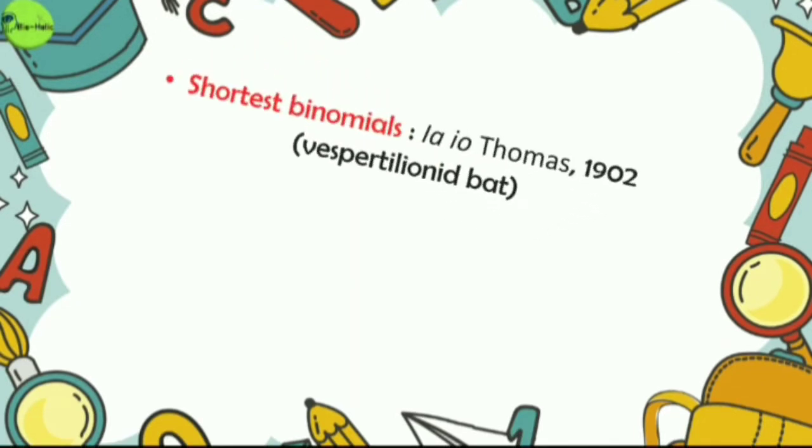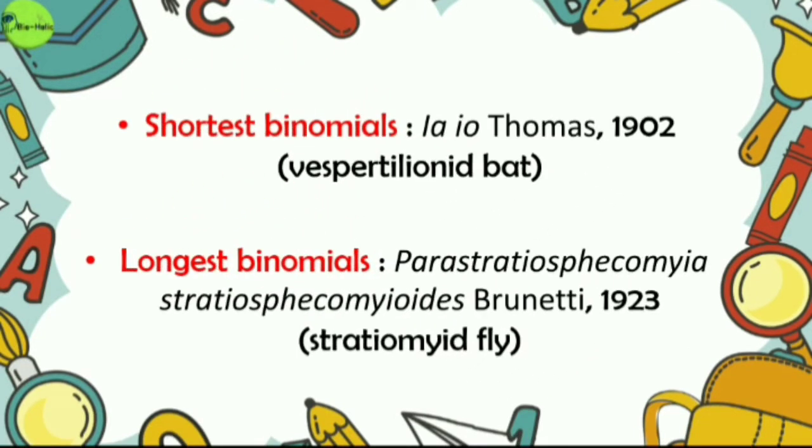Next, I have mentioned two examples of binomial nomenclature. One is the shortest binomial nomenclature, that is Ia io, the scientific name of the Vespertilionid bat, and the second one is the longest binomial nomenclature, that is the scientific name of the Stratiomyid fly, that is Parastratiosphecomyia stratiosphecomyioides. Okay,